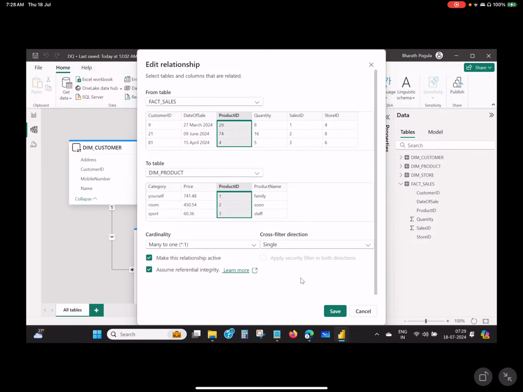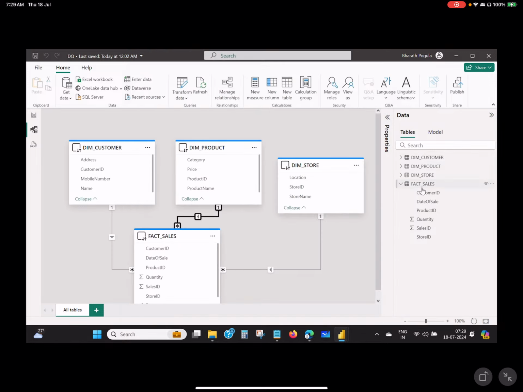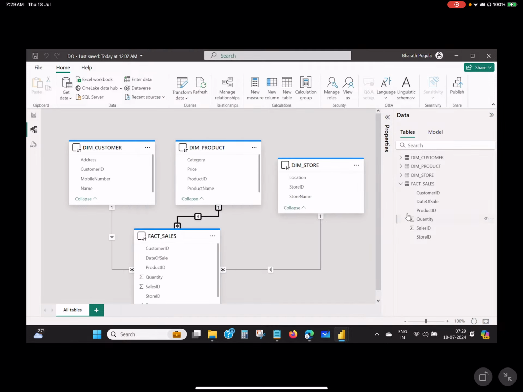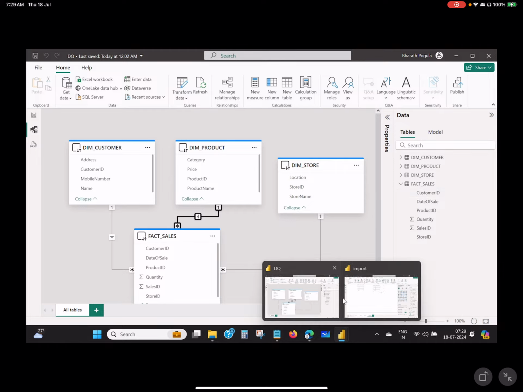Now the last one, we have calculated columns and measures, right? So far in a model, there are different tables, dimension tables, fact tables, relationship, cardinality, and filter direction. We have discussed everything. Now the only pending thing is calculated columns and measures. Let's see that. Calculated columns, the name itself tells you, right? Calculating some additional columns. Let's go to the direct